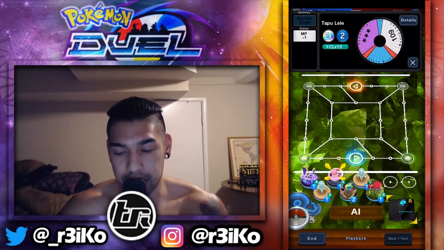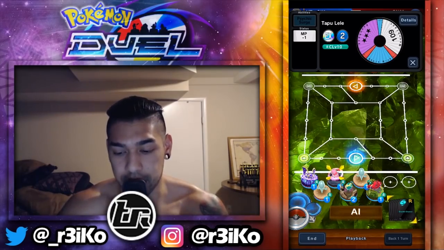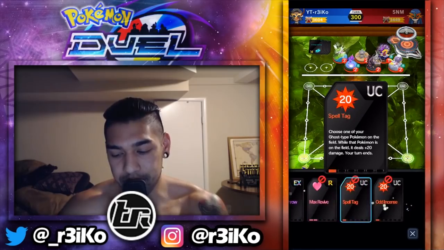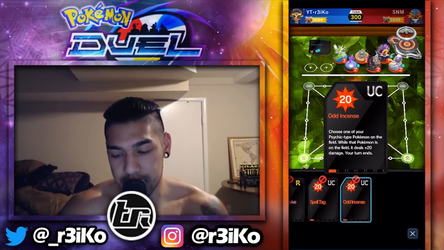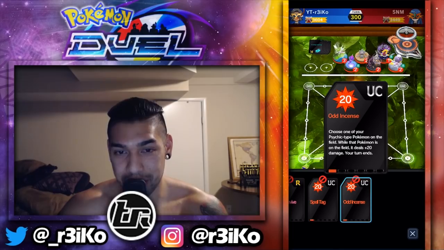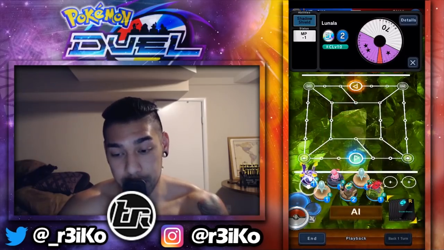And Lele, if there's 2 steps away from my Lele, I'm going to bait the gold attackers close to my Lele, so then I can attack the following turn. And then Lunala benefits from the 2 plates that we got. We got the Spell Tag, which is +20 for Ghost, and then the Odd Incense, which is +20 for Psychic. So I'm like, yo, let's make a godly Lunala. Here's +40, and also -20 from the opponents when they attack my Ghostmon when